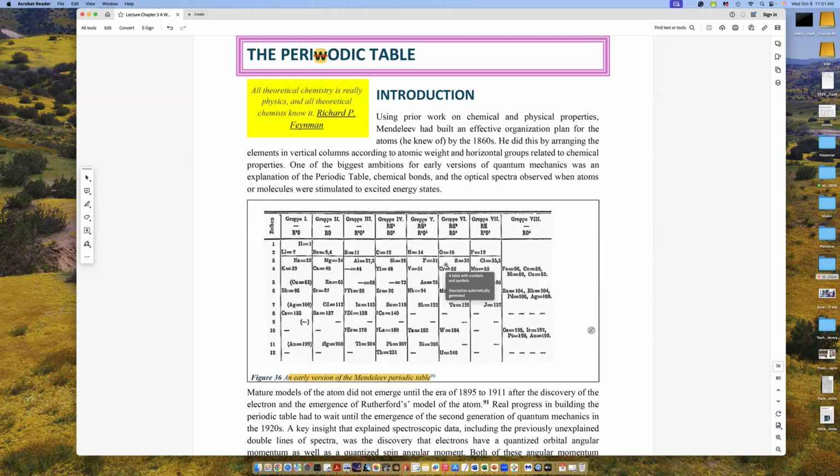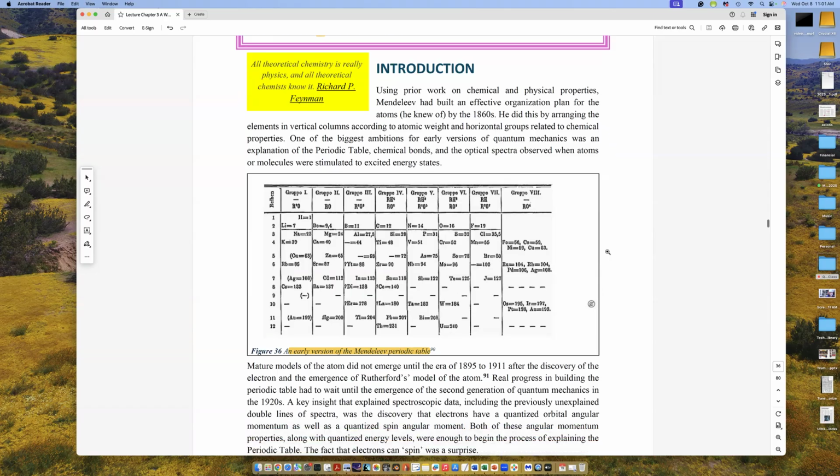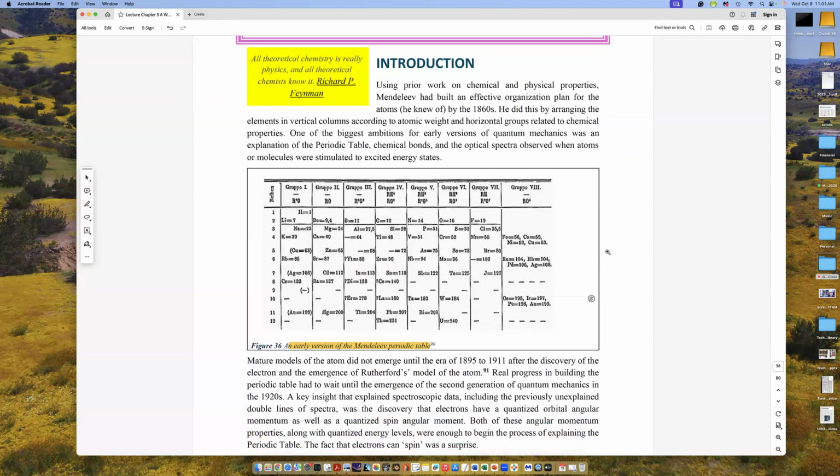Now, how do you build this once you know about quantum mechanics? Niels Bohr was the first to do this. Remember, I mentioned Bohr in 1913 produced a primitive description of the hydrogen atom, which predicts all of the properties we observe, the spectra, the physical constants that are related to the spectra.